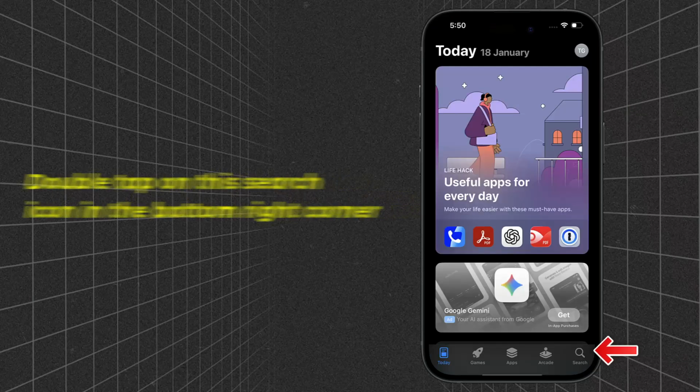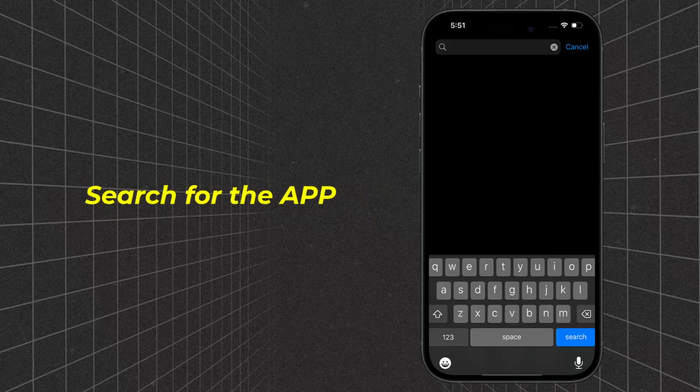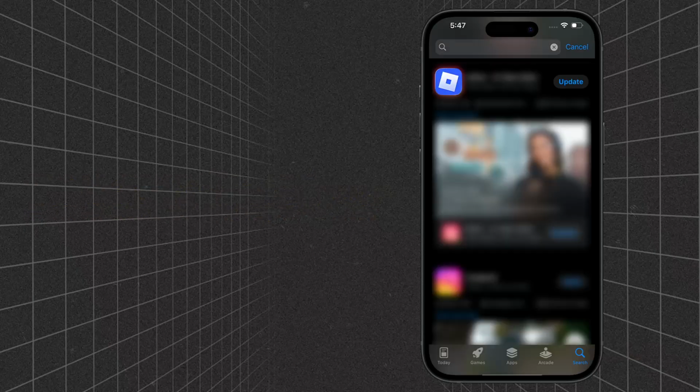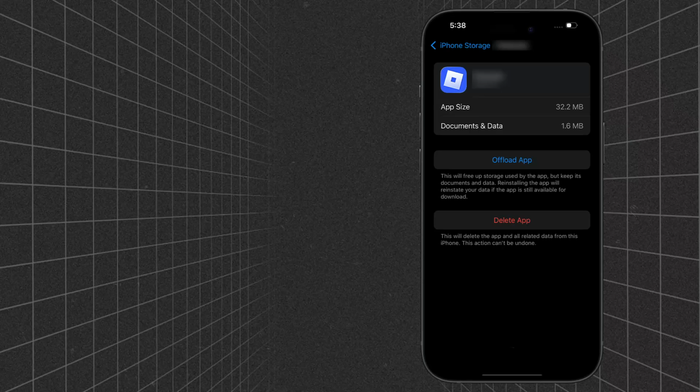From here, double tap on the search icon in the bottom right corner, and then search for the app. Once the app comes up in the search result, and if you see this Update button right next to the app, simply tap on it to make sure you're running the latest version of the app. However, if you continue to encounter this issue, then you will need to completely reinstall the app, which usually resolves